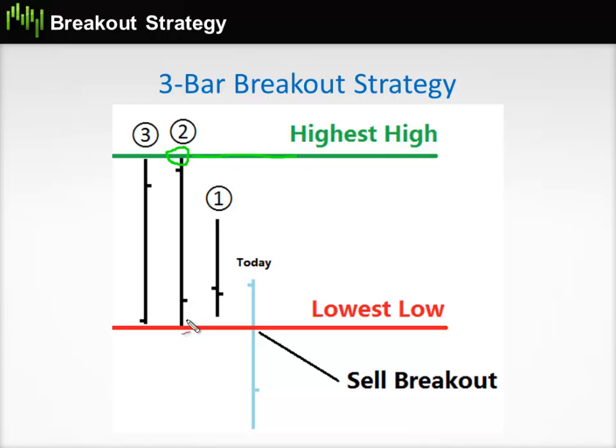And then I'm also finding the lowest low point right here. That's my low point. So they both happen to be with bar number 2. And those are my breakout levels. So as soon as I break through this line, and I usually like to move it one tick below, I want to see prices in the current bar break down through that and then go below it by a tick. As soon as that happens, then essentially I'm looking to take a short position in the markets in